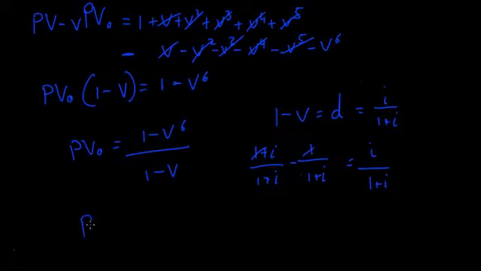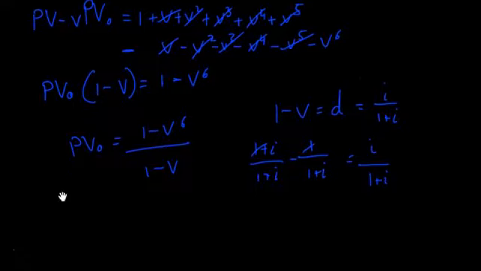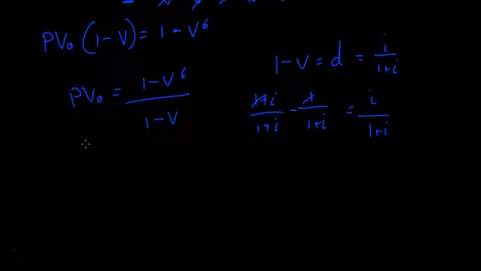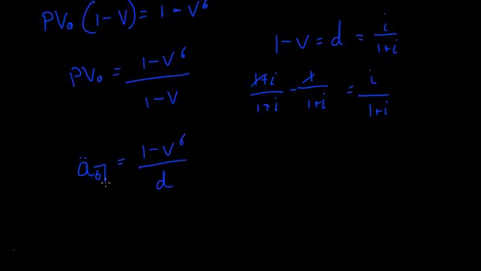So we'll say that the present value, or in fact, I don't want to write it like that, I'm going to write it differently. I'll first write down what it becomes, which is 1 minus v to the 6 on d, and then say that this is equal to something called a double dot 6, an annuity due, where each payment is paid at the start of the period, and 6 is n,